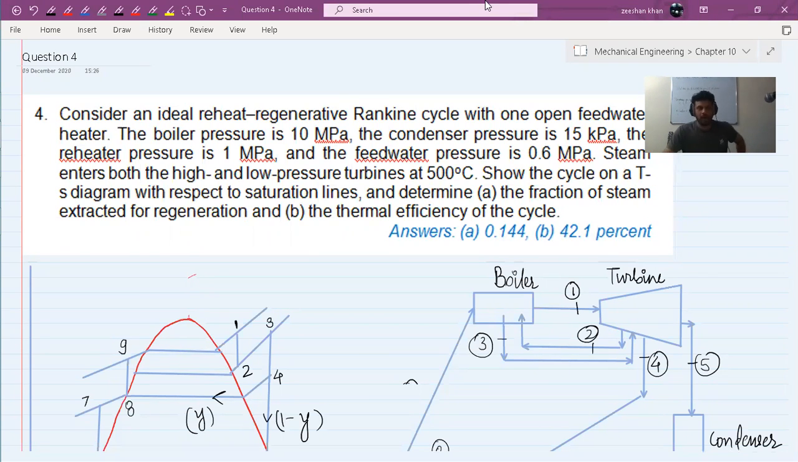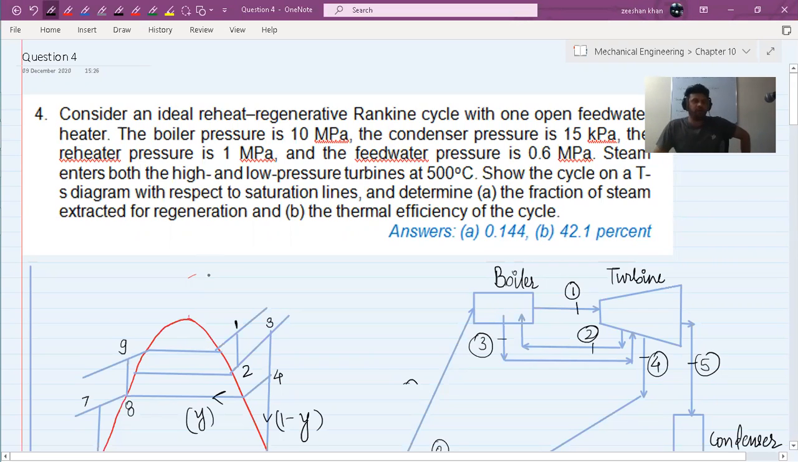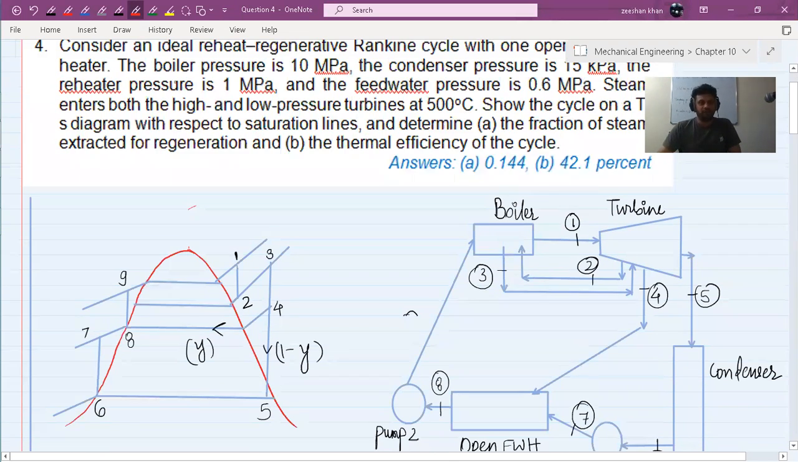Okay, so the other question that we're going to look into right now is that of an ideal reheat and regenerative Rankine cycle with one open feed water heater. The boiler pressure is 10 megapascals and the condenser pressure is 15 kilopascals, and the reheater pressure is 1 megapascal and the feed water pressure is 0.6 megapascals. Steam enters both high and low pressure turbines at 500 degrees centigrade,